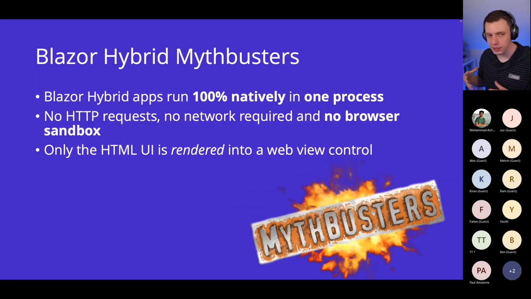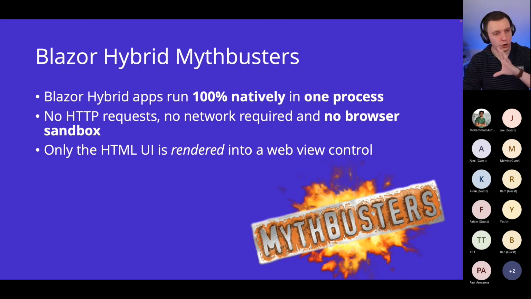So let's do a little Blazor Hybrid Mythbusters here. Maybe I already spoiled some of them. It runs 100% natively in one process. So no web server process, nothing like that. It just runs in one process, like one app. And the only thing, like I mentioned already, that is rendered as web is the HTML. So it will look and feel exactly the same on each platform as maybe on your website, your web app as well. And maybe the more important one is no HTTP request, no network required, and no browser